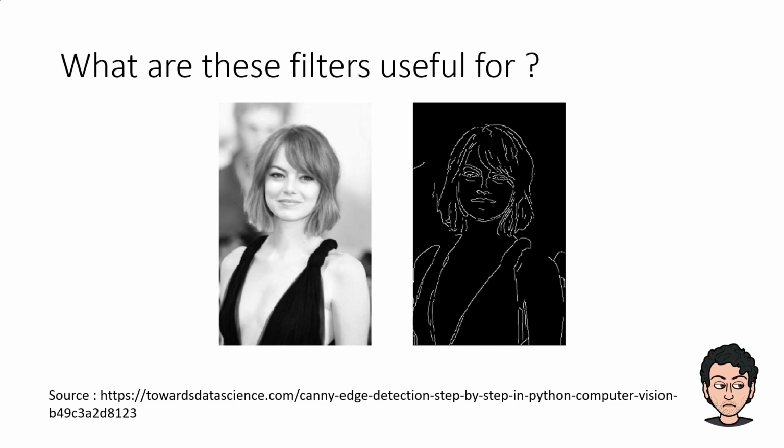Okay, so assuming the image on the left, I got it from an article in Towards Data Science. Okay, I'm giving the source. The image that you see on the left, we have to extract the features from it. A neural network learns from all of the features that you feed it, because it resembles a human brain. The human brain obviously works on edges, so we determine a feature based on its structure.